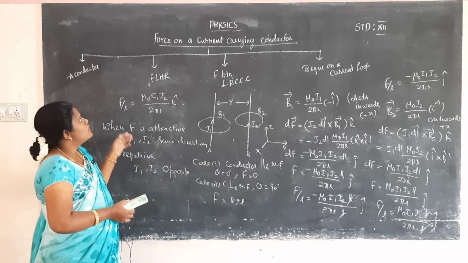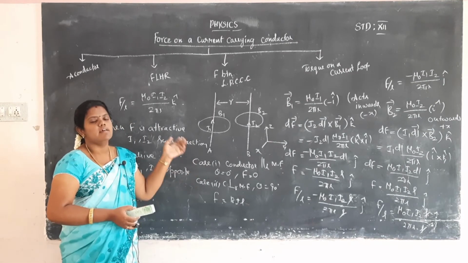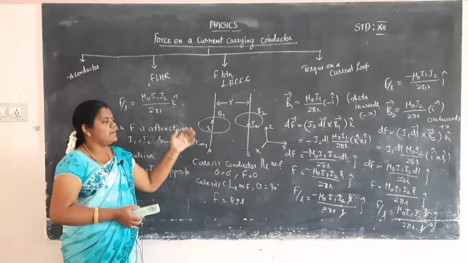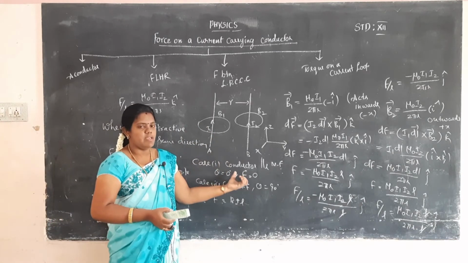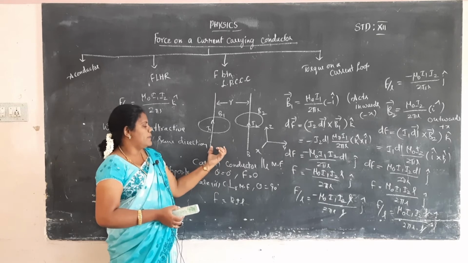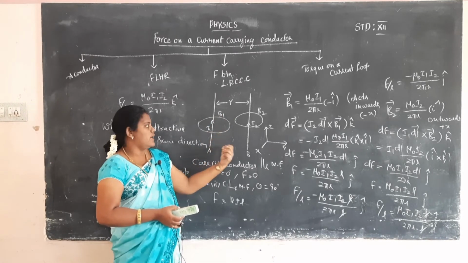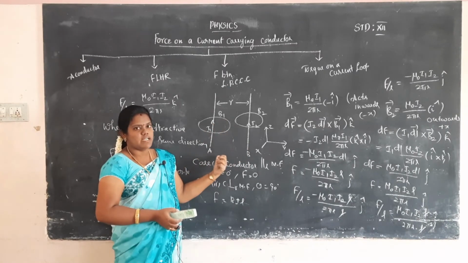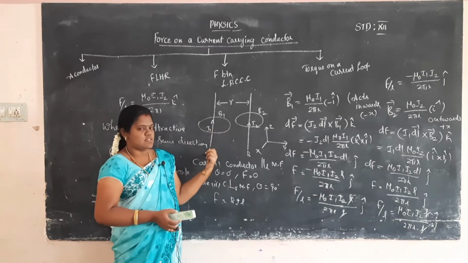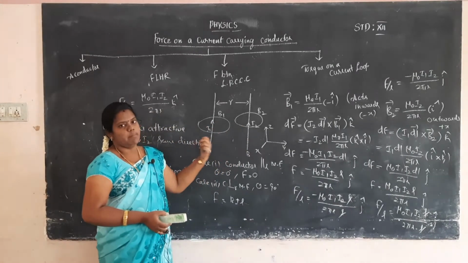Okay, this is the force acting between long parallel current carrying conductors. We have considered two conductors, A and B, located at a particular distance r. Current I1 flows in the first conductor and current I2 flows in the second conductor. Due to the current in the first conductor, a magnetic field is created at the second wire, and likewise from the second. So B1 and B2, clear?